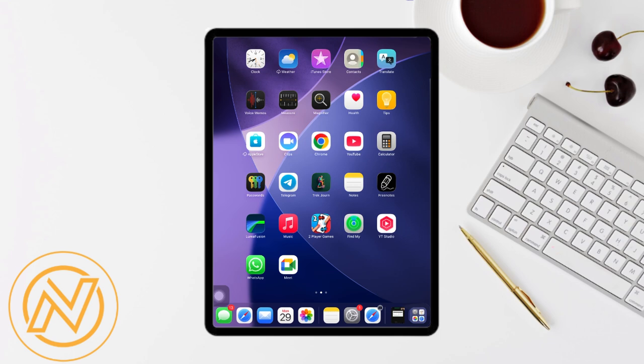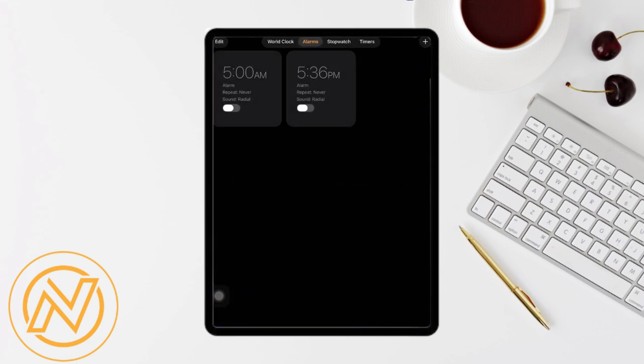So in order to use alarm, you need to open the clock app in your iPad, and over here you have a bunch of different options like world clock, alarms, stopwatch and timer. So in order to set an alarm, you have two different options. Either you can go ahead and select the available alarm that you have in your iPad,